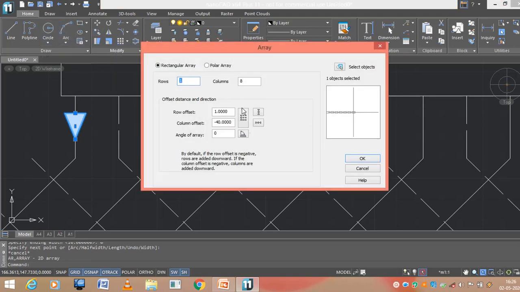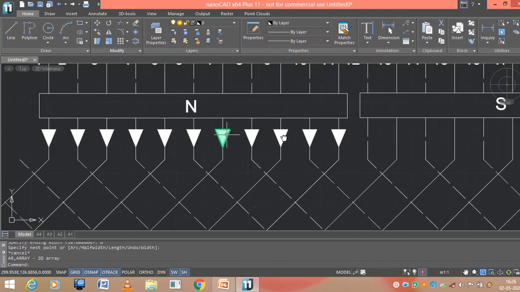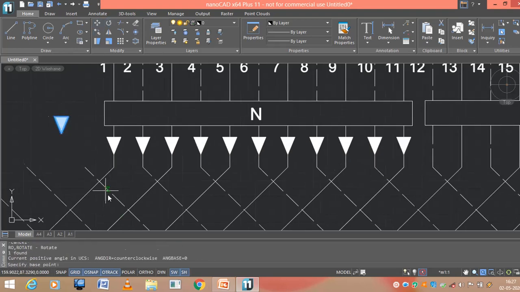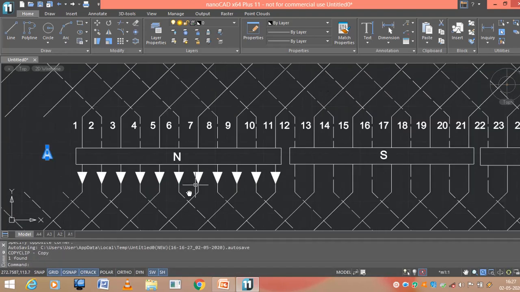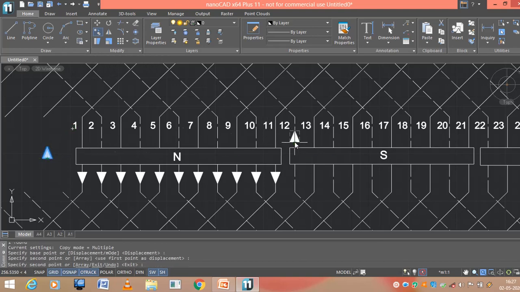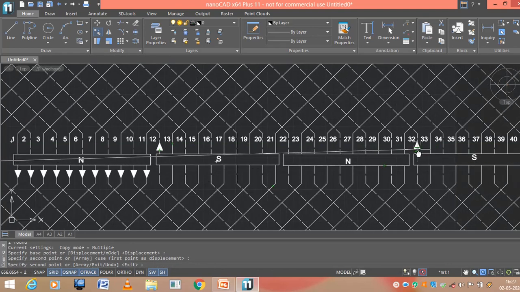array. So in this, 11 conductors are under the north pole, so 11, and distance between the conductors we know it is 20, right? So you can clarify this, and again you take one. So now let me rotate this. So this is under south, select south pole, right? And I will be having one more south pole. Here's the south.